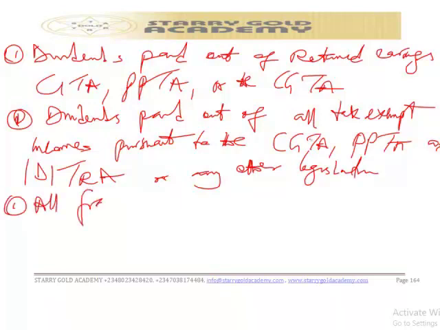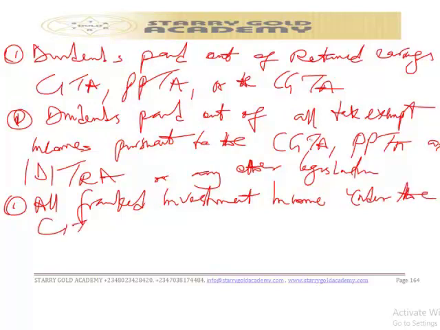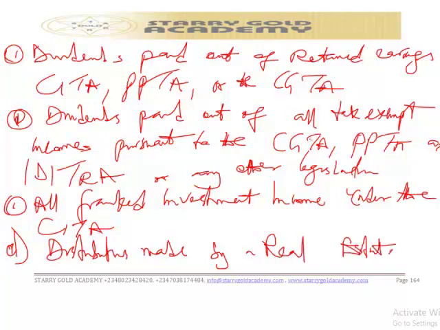Also, all franked investment income under the Companies Income Tax Act are exempted. Then lastly, distributions made by a real estate investment company. So franked investment income are dividends, or any income such as interest and dividends that have been